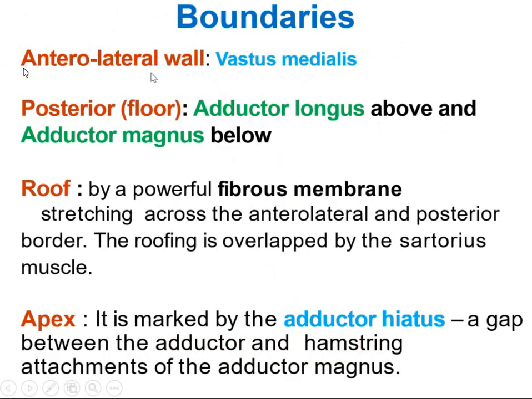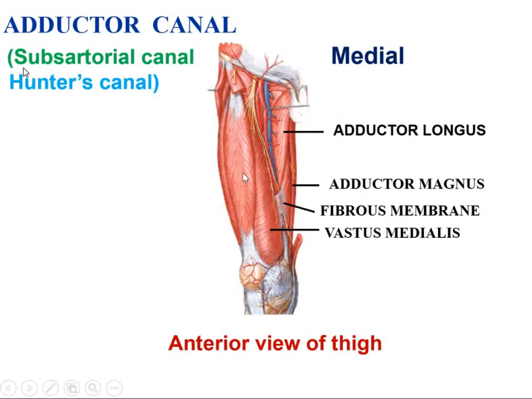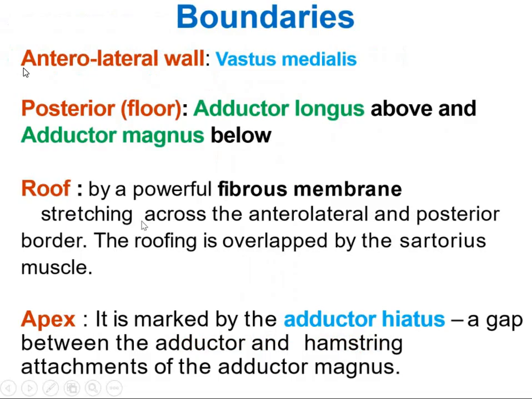so boundaries: anterolaterally by the vastus medialis. Okay, so what was here? Here was the rectus femoris, and here was this muscle, the vastus medialis muscle. Okay, so this is your vastus medialis muscle. Then the posterior wall or the floor is formed by the adductor longus above and the adductor magnus below. Okay, both are on the medial side. So adductor longus above and beneath that is adductor magnus, and these two muscles are forming the floor of your Hunter's